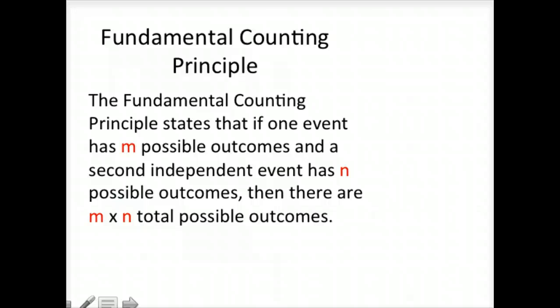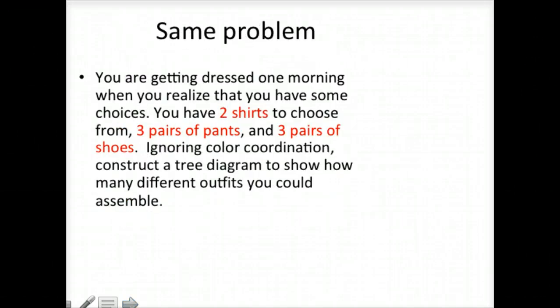Now, in our previous example, we had 2 shirts, 3 pairs of pants, and 3 pairs of shoes. Okay, so we have 3 independent events. Okay, we select a shirt and we're not caring about fashion, so we just pick up any old shirt and we pick up any old pants and any pair of shoes, and out of those possible combinations we're going to have